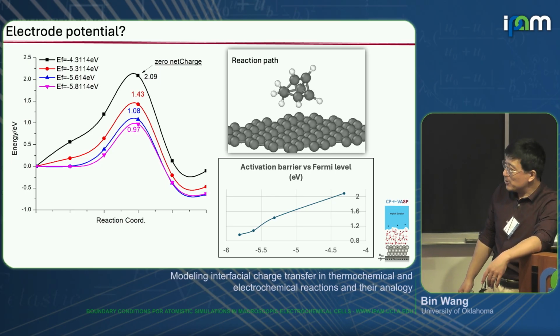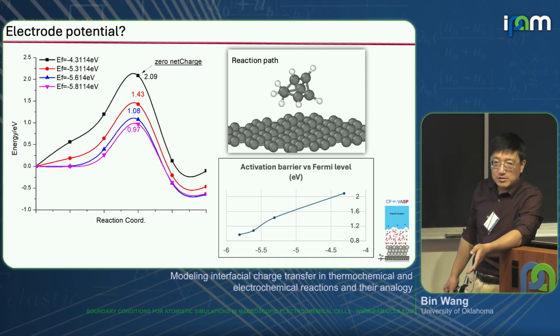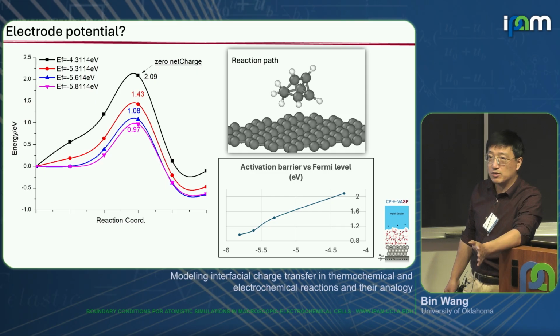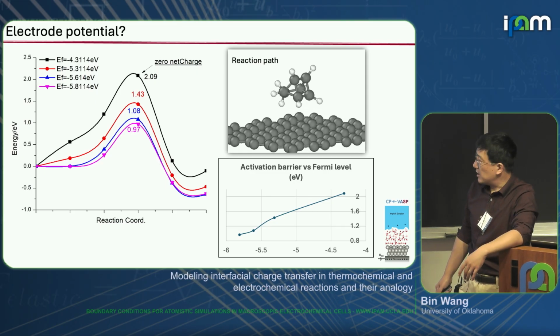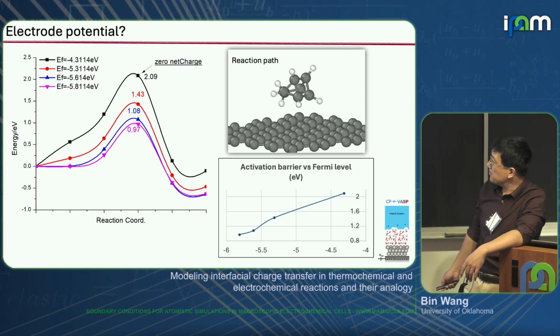But in fact, we notice right now in the catalysis community, there is a lot of discussion that for some reactions, even though it's a thermal reaction, you can still manipulate the thermal reaction using open circuit conditions. So you simply change the Fermi level of your catalyst. You can already do the reactions without real redox chemistry. And there are a lot of results shown recently. We're also working on that, but I won't go into details of that.